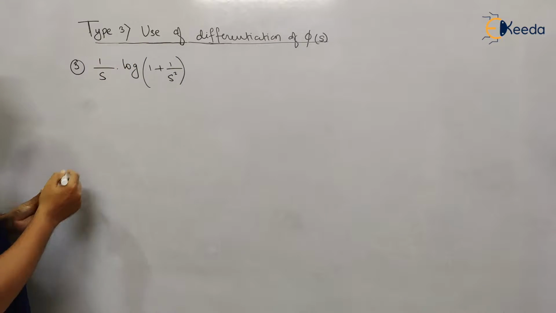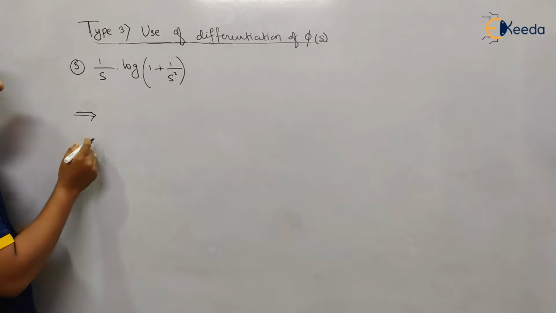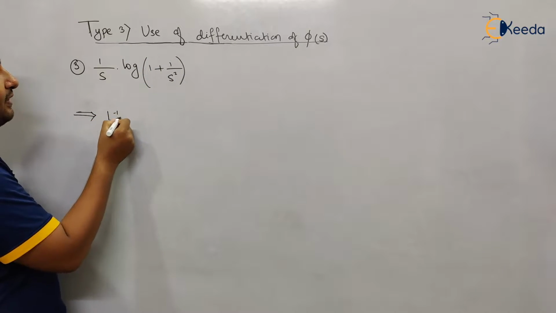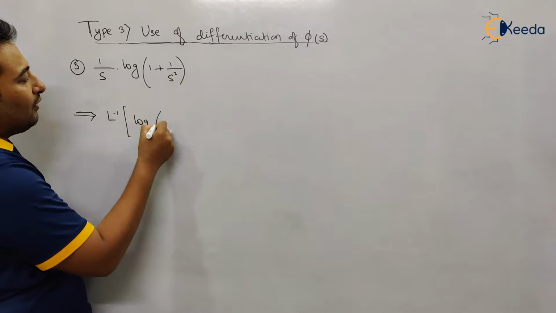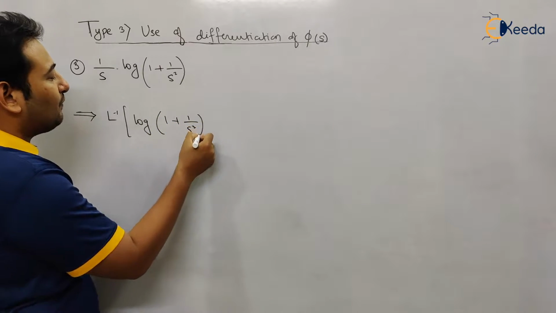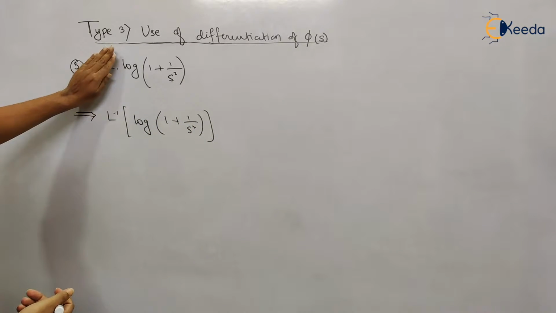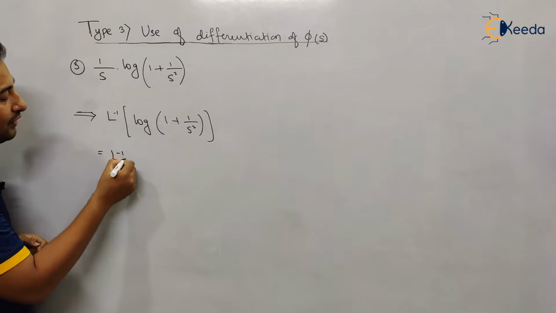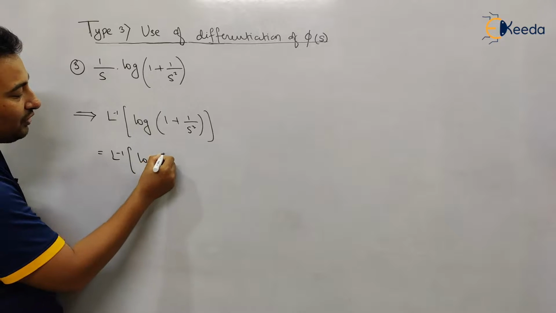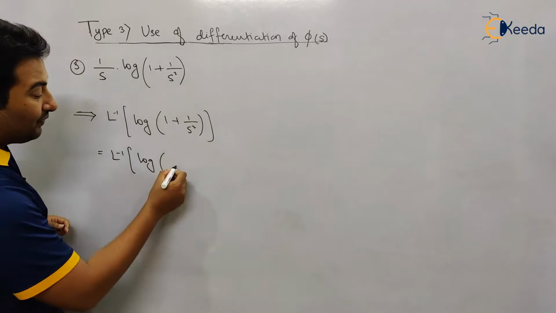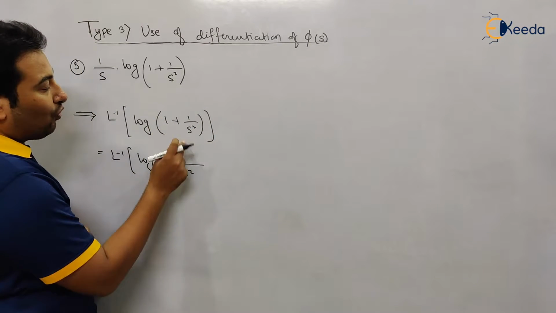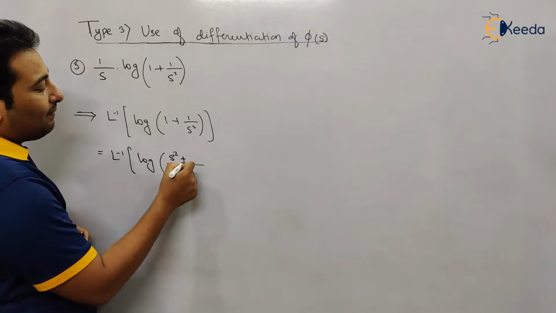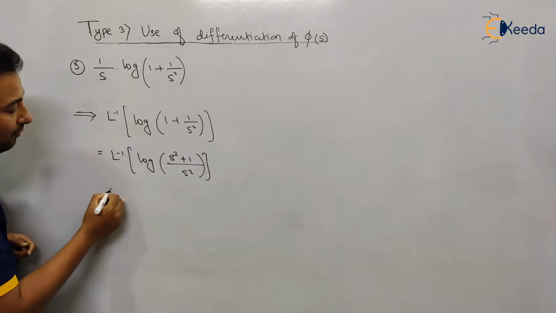So let us find out Laplace inverse of that term. First of all, find out Laplace inverse of this term without considering this particular 1 upon s. So how to find Laplace inverse of this? This is log property. So first of all, let us take LCM here. That will be s square. If you cross multiply, that will become s square plus 1. We know the property of log A